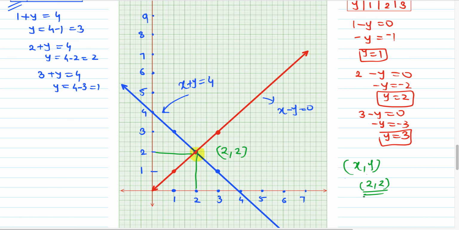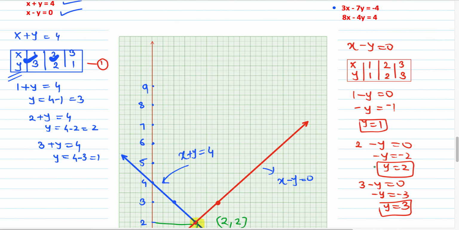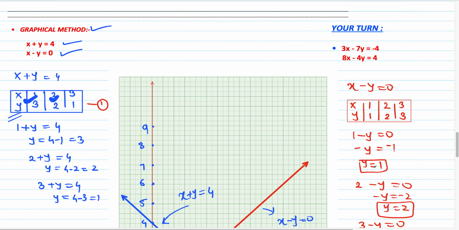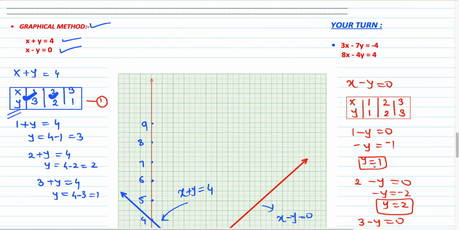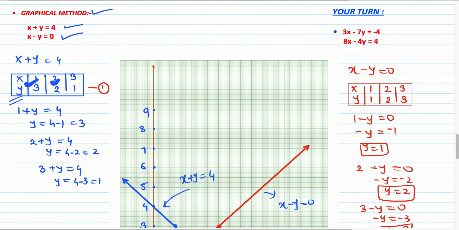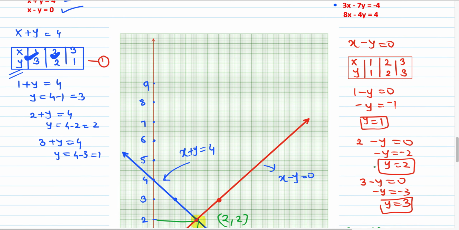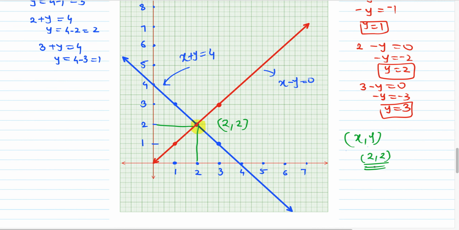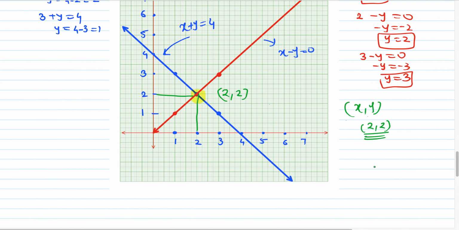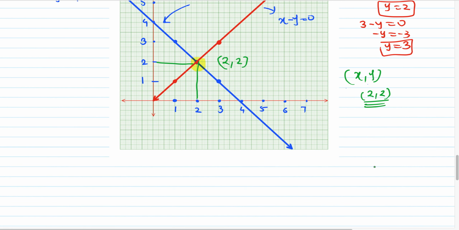is your answer. Okay guys, so this is everything about the graphical method of solving linear simultaneous equations. What you have to do, you have to take both the equations separately. You have to find out points by using which you can draw these two lines, and then you have to look at the point of intersection. Okay guys, so this is everything about the simultaneous linear equations which you have to solve,